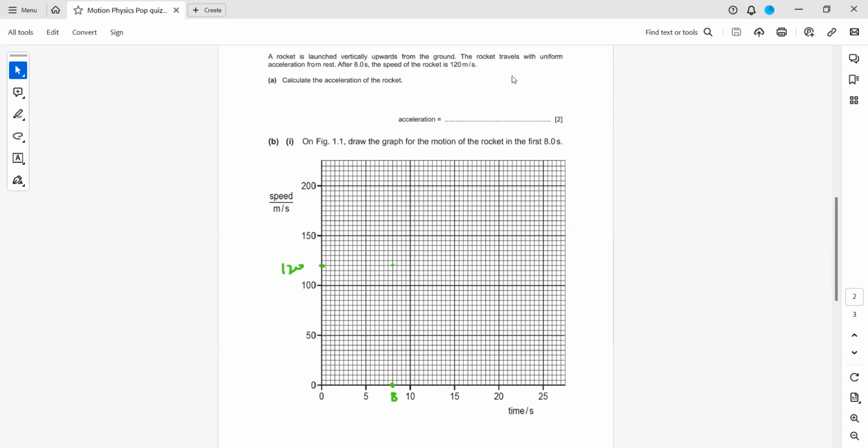So it has a constant acceleration. How do we represent a constant acceleration? It must be a straight line with a constant gradient, which shows that the object has a constant acceleration. And the next part,